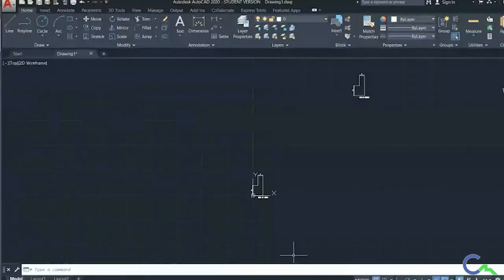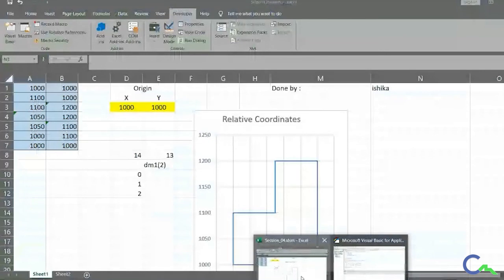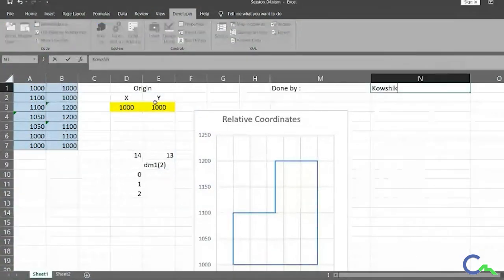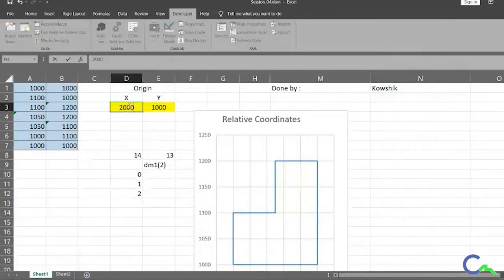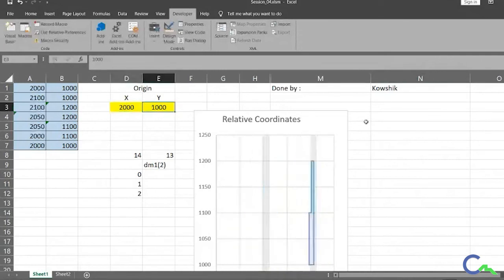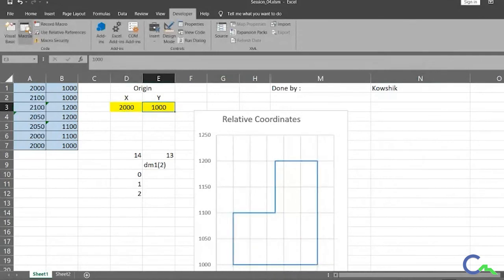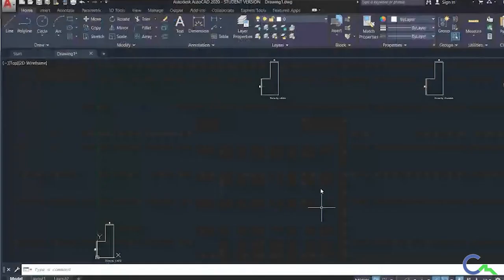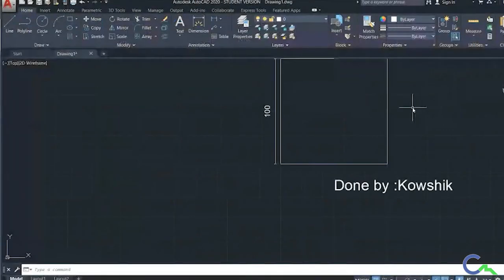In the same way, we can give n number of them, at an origin of 2000, comma 1000. We'll see whether it works, whether Kaushik has done the drawing. Yes, so Kaushik has done the drawing with different dimensions.